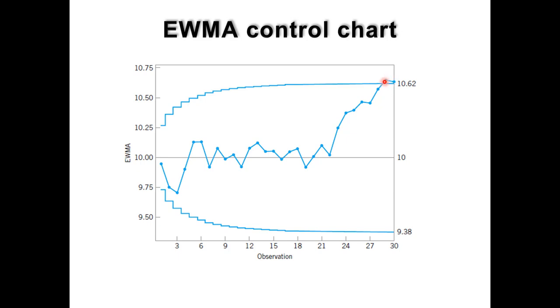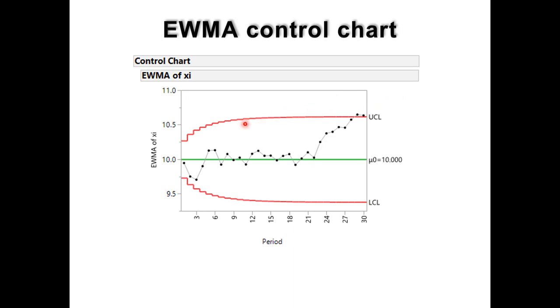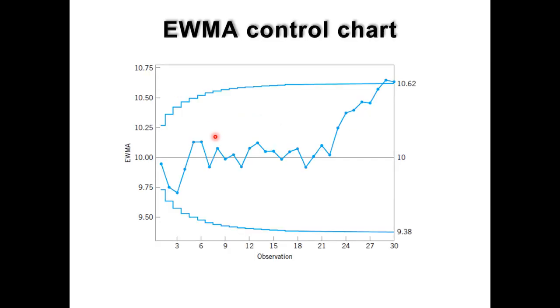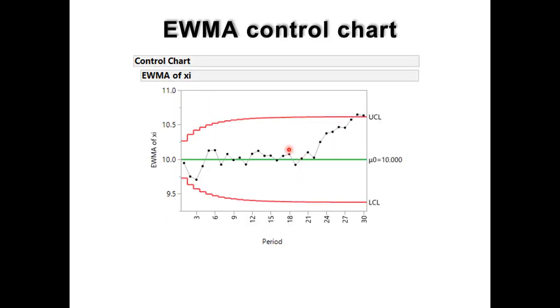So we say that in this situation the process is not in statistical control. So this is our very own JMP EWMA control chart. The earlier one is from Minitab, from Montgomery. This one is from